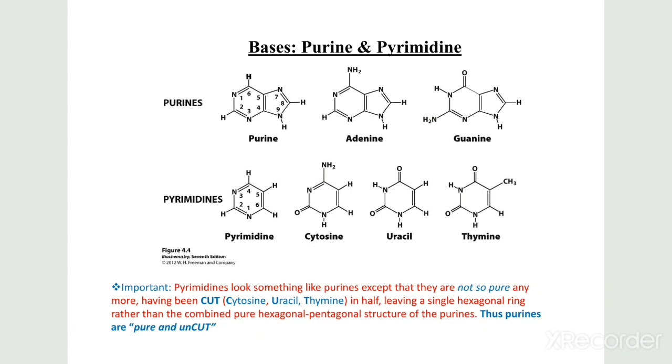Mnemonics are basically used to remember the names of purines and pyrimidines. For example, pyrimidines are exactly half of the purines, like they are the cut form of the purines. Then you can remember the cut, C-U-T. C for cytosine, U for uracil and T for thymine. Similarly, purines are the pure, P-U-R-E, pure from the purines. They contain both a 6-membered ring and a 5-membered ring attached to each other. This will increase your knowledge and also help in remembering these names.